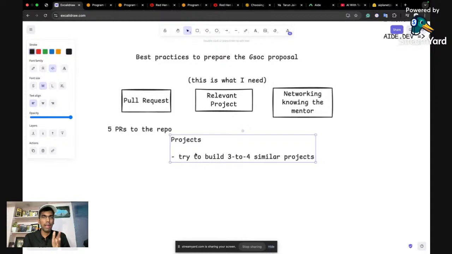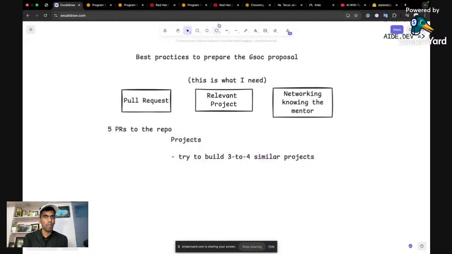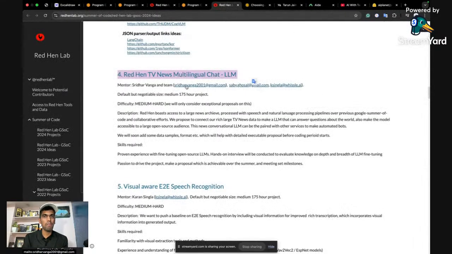Rather, they need to be added in the proposal that you will be submitting for Google Summer of Code. Make sure all 4 projects you build are a subpart of the main project the organization is looking for. For example, if it was multilingual LLM, I built a fine-tuning LLM. Then I also built an open source data set, because here they're also looking for creating a data set.